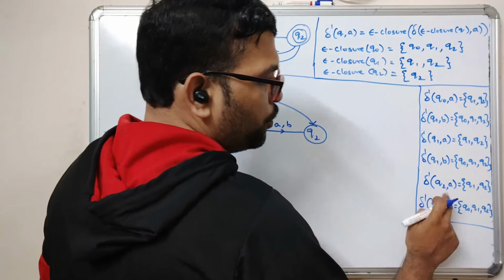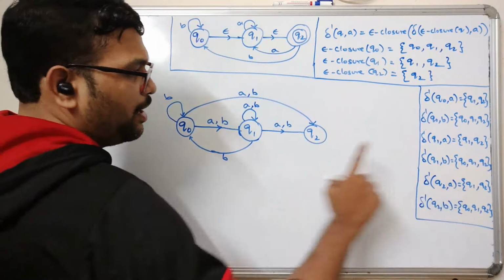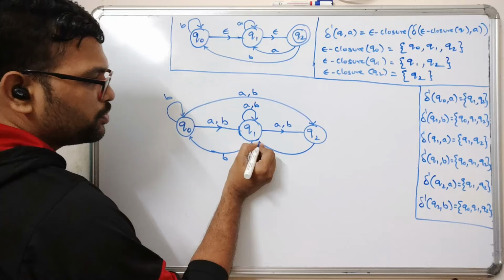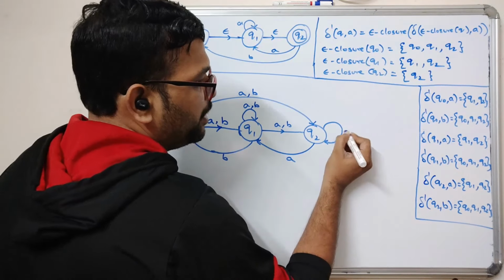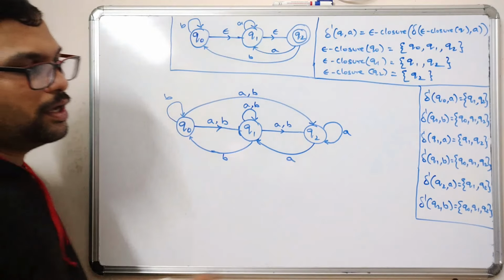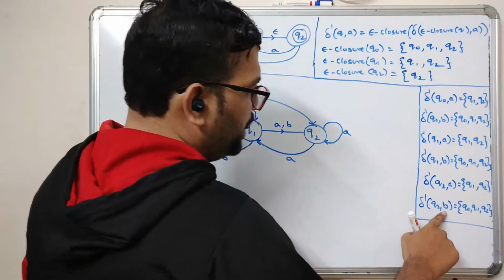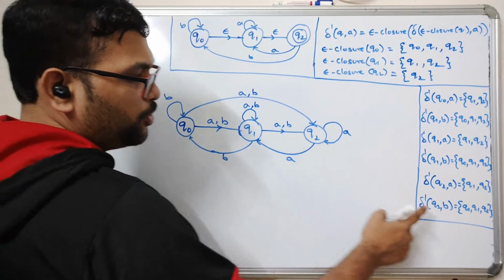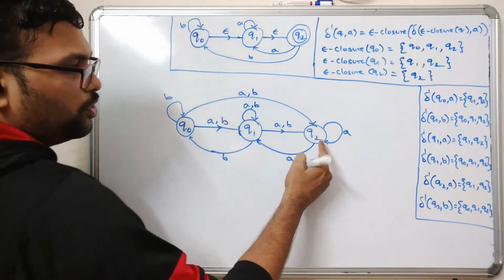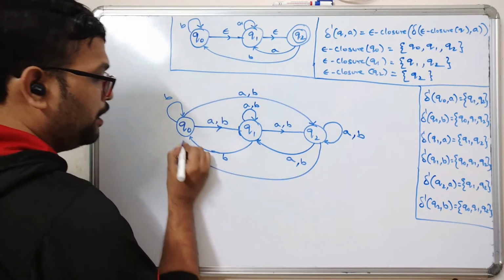Next, Q2 on A, Q1, Q2. So here it will be A and it will be A. Okay. Q2 on A, Q1, Q2. Q2 on B, again Q2 on B, Q0, Q1, Q2. So Q2, Q1 and